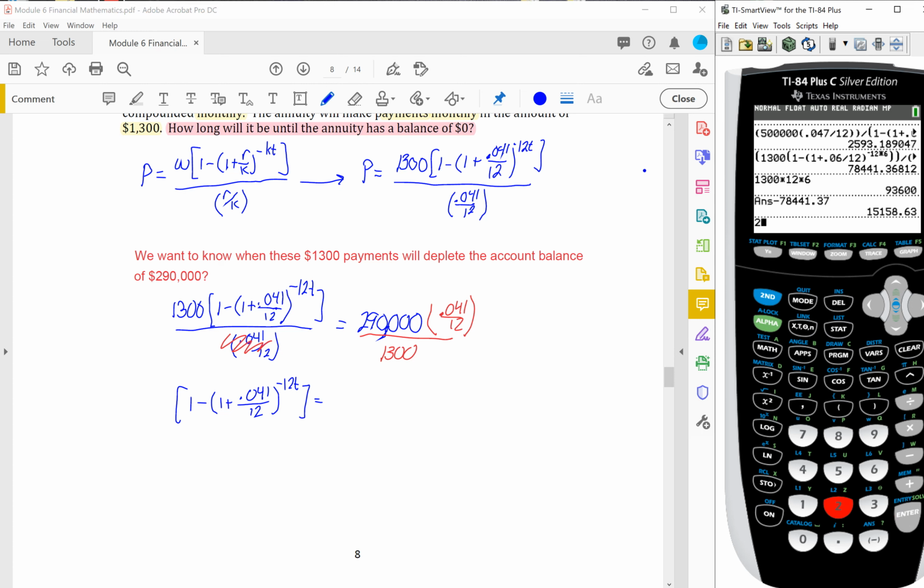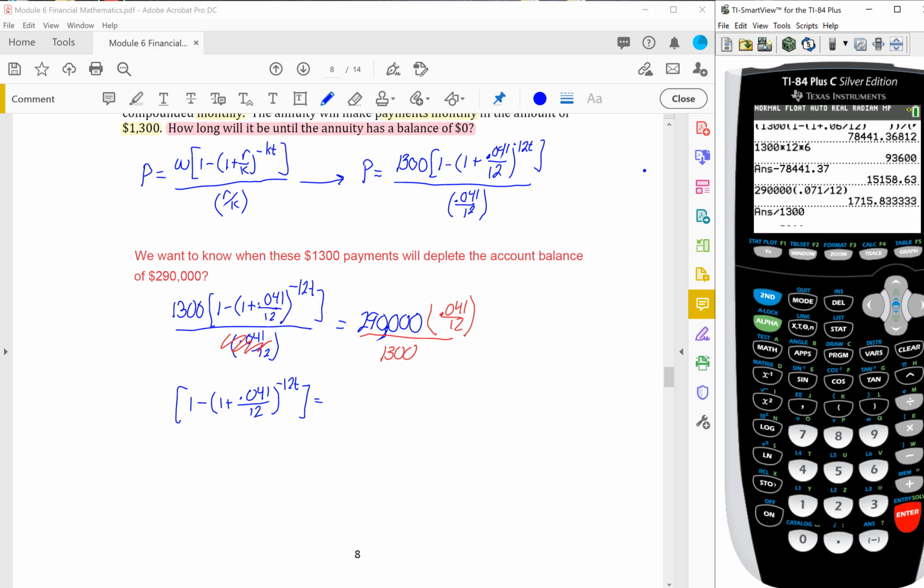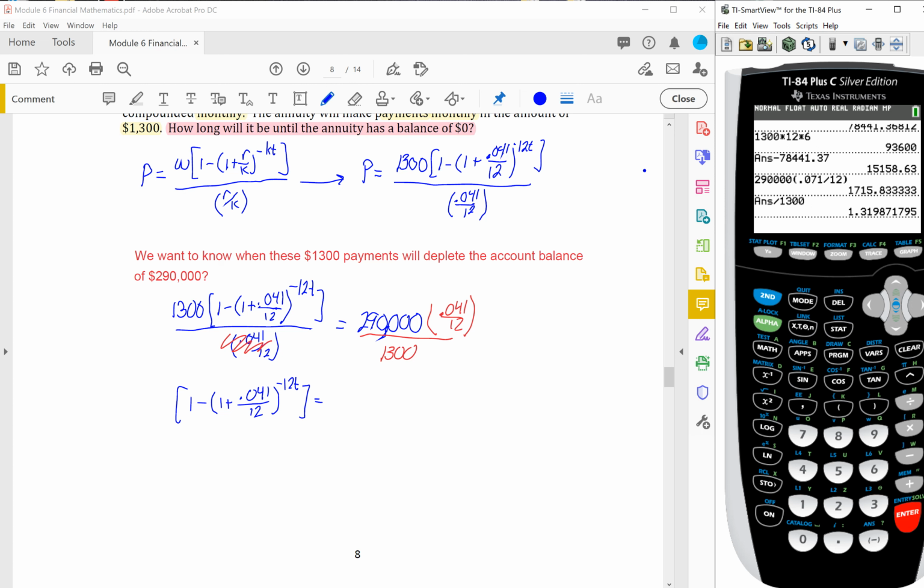This will be your 290,000 times the 0.041 divided by 12. And then we'll divide that by the 1300. And I get